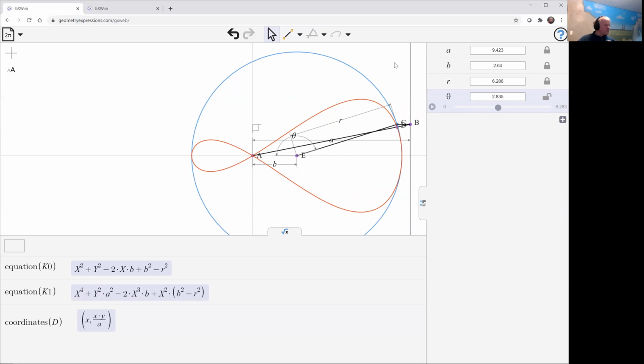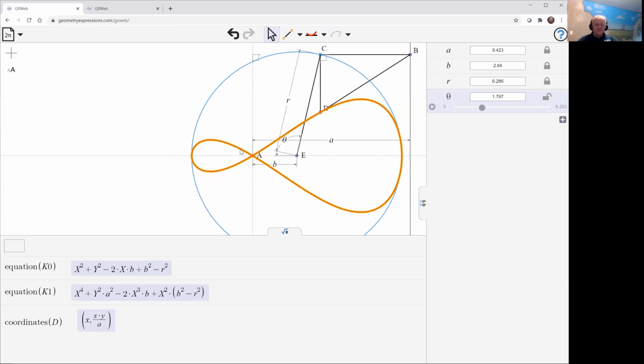So a particular form of this curve occurs when, of course, b equals 0. Let's just take a look at that one before we finish. Probably better than just reducing b to 0 would be to recreate the curve. Let me do that really quickly. Instead of having this line here,